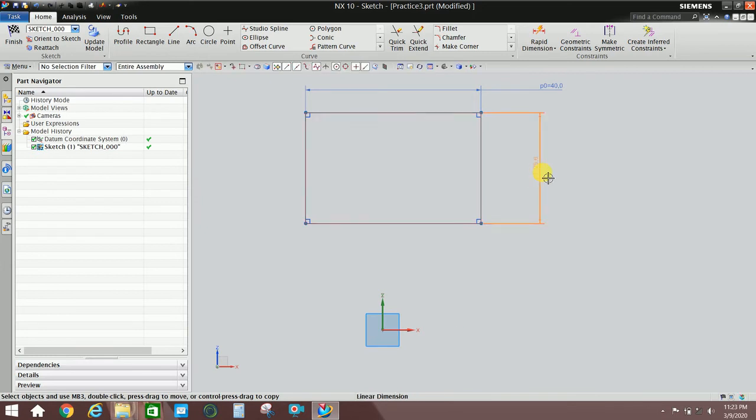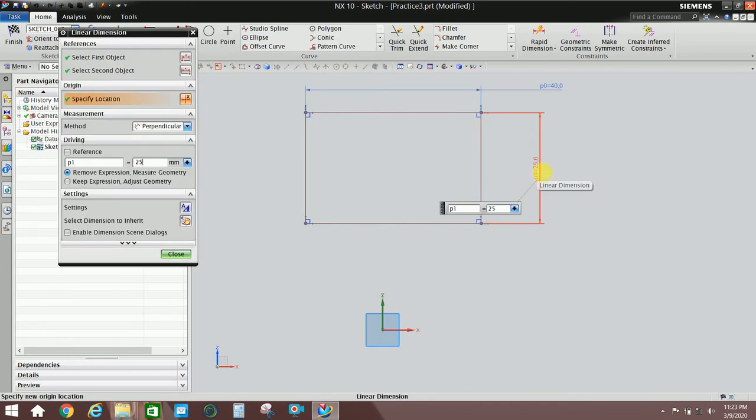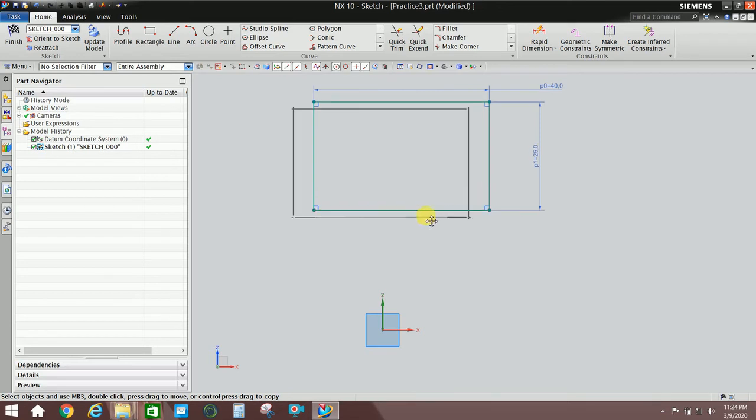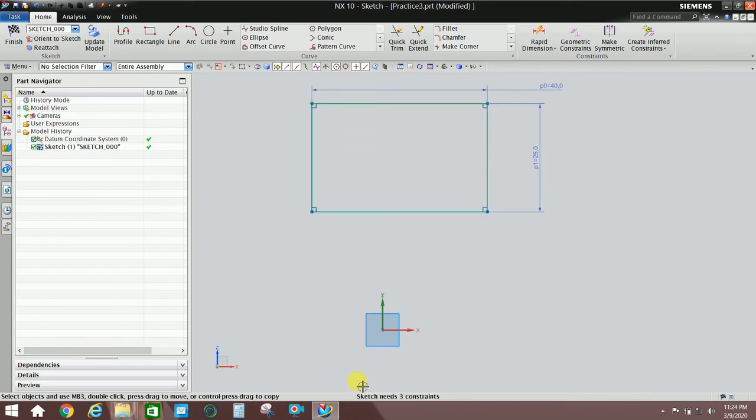So you can see, I'll give it as 25 mm. So this is the rectangle of 40 by 25 mm. Now if I drag this rectangle, those dimensions will not move. The horizontal and vertical lines will be fixed. You can see the sketch needs 3 more constraints. It reduced from 5 to 3 because we have added these